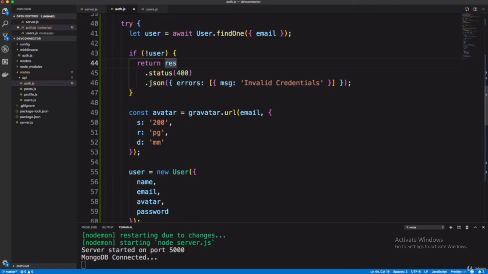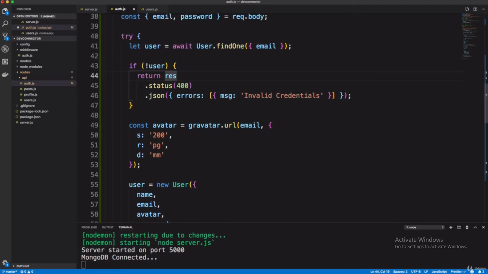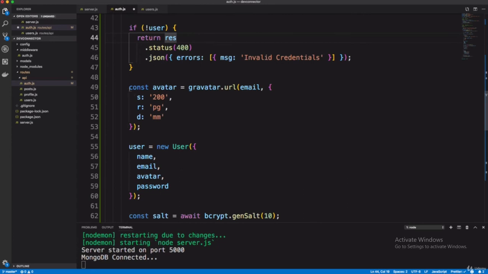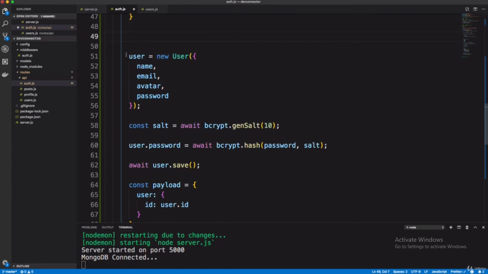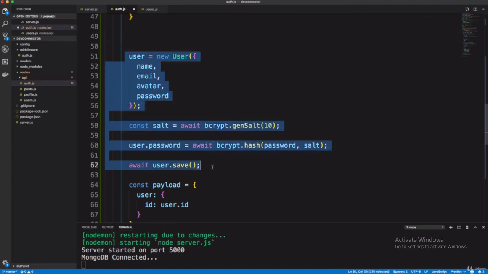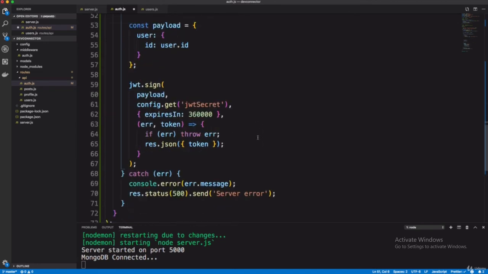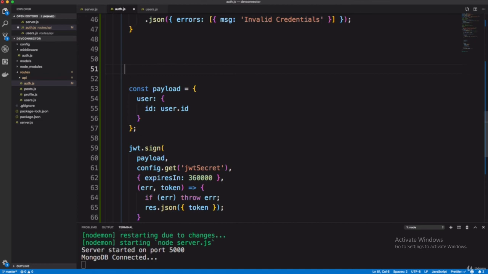That's fine. Now there is no need of Gravatar also, just get rid of it, and we don't have to create an object of it. Also get rid of it, and all the section here till save, yes, just get rid of it. And that's all.